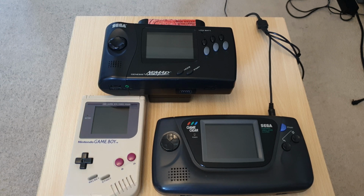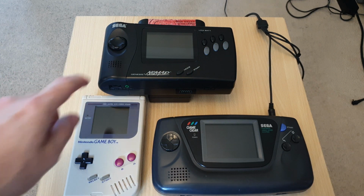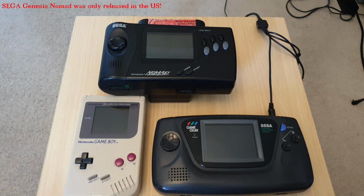So for this video, I thought I'd show you a few handheld consoles that I've got in my collection of systems. You can see we've got the Nintendo Game Boy, we've got the Sega Game Gear, and also the Sega Nomad. Now, besides the obvious thing that these three have got in common, which is they're all handhelds, all portable video game systems, they've also got something else in common, and that is that none of them have got their